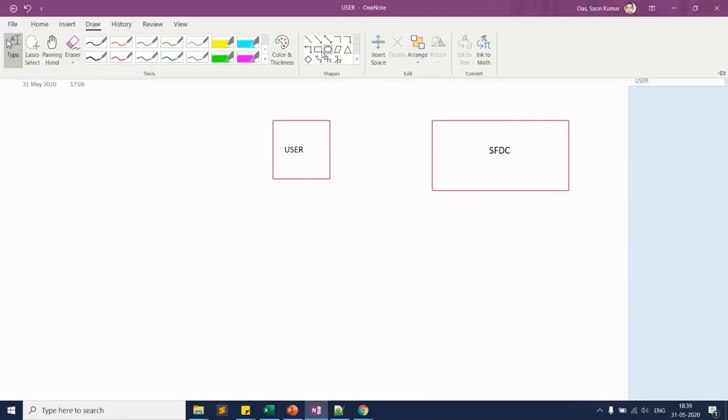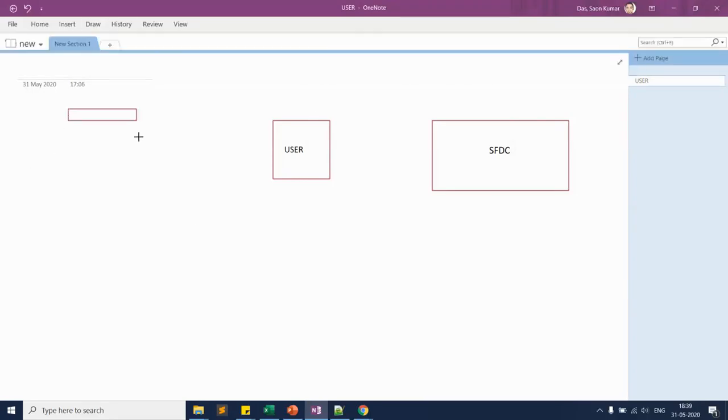Let me draw another application, which is like ADFS. ADFS is storing your username and password credential details, and the user is trying to log in